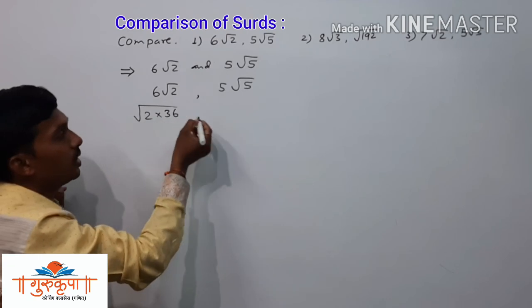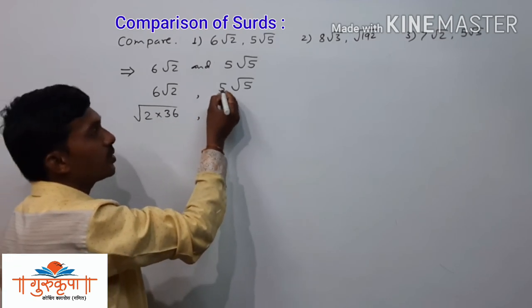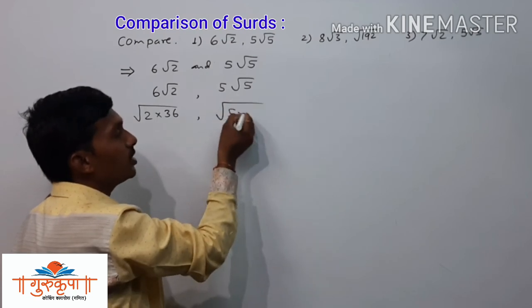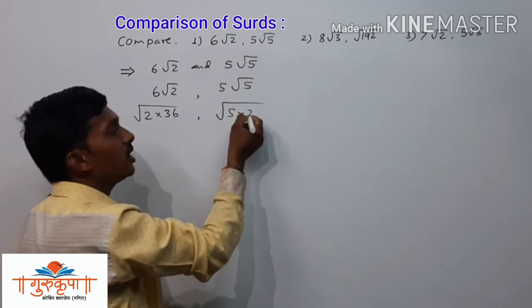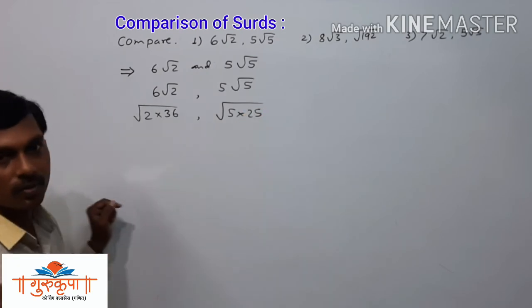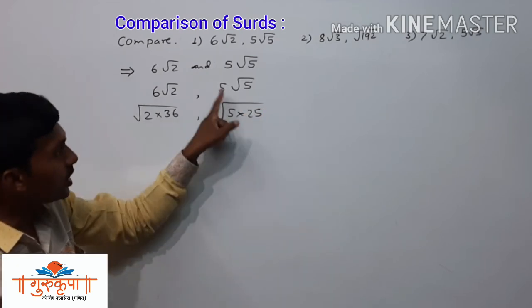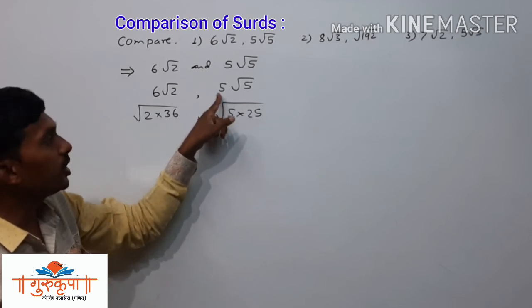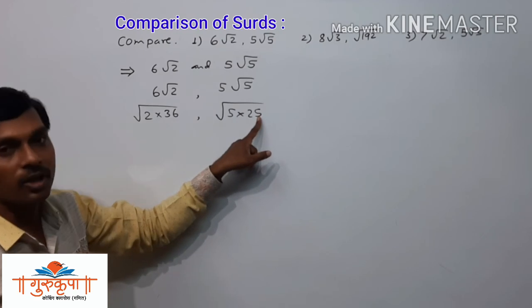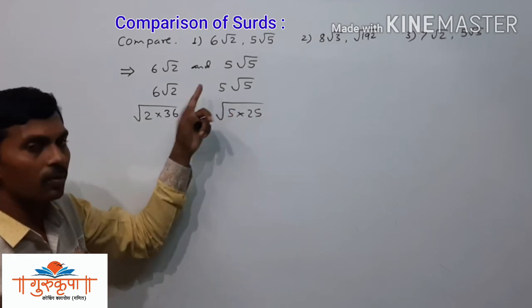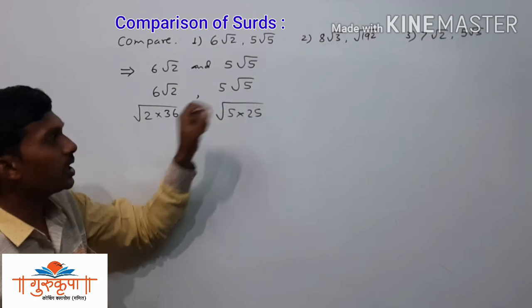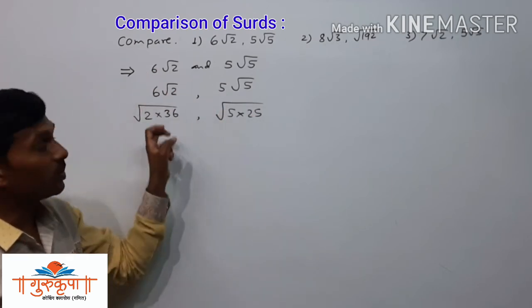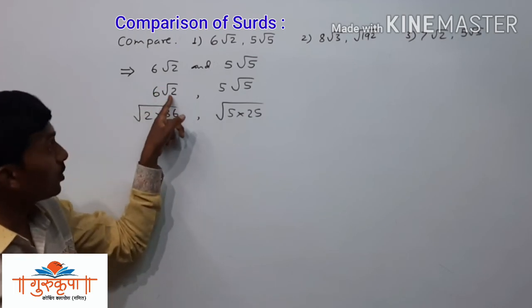36. Now here we will give a comma, and now you have to transfer this 5 inside the radical sign. This 5 stays as it is, and if you transfer this 5 inside, then it will become 25. And if you take it outside, it will become 5. The square root of 25 is 5, and if we put it inside, then it will become 25. If you take it outside, it will become 5, and this 5 as it is. It is very easy, but that is not simplification. See, it is already the simplest form.